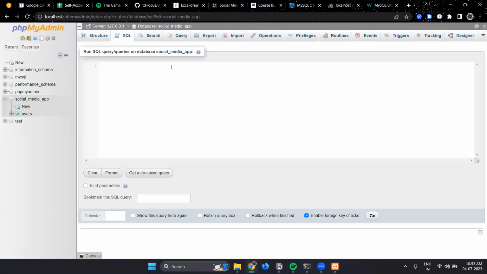So let's see how we can actually relate it. Okay, so create table post, and this will have the values. So ID, this will be primary key and auto increment, and then you'll have the title, which will be a varchar of 255,